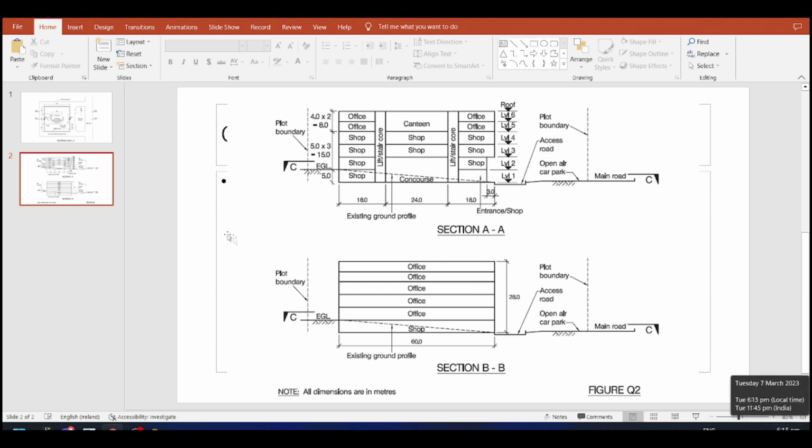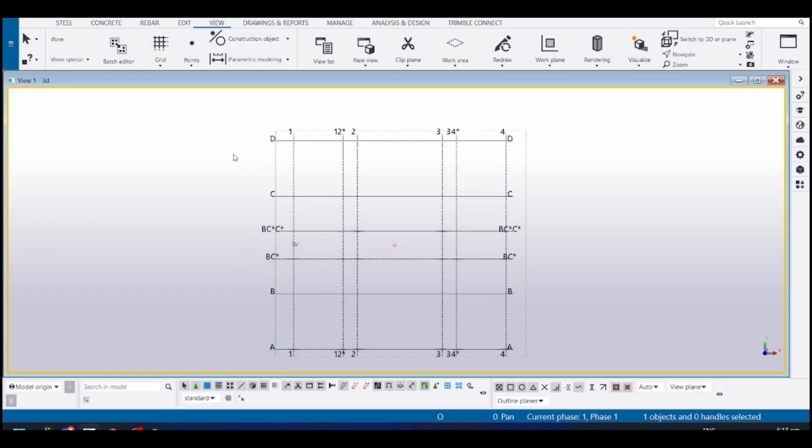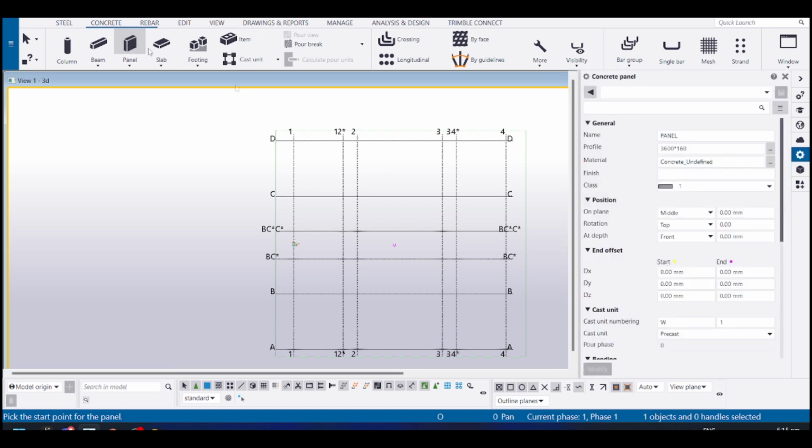model using Tekla and get this thing working then. So I just start with drawing walls around the perimeter of the building. So you go here, then you go to panel and then listed panel, and when you hit shift and enter, it will bring up the section properties here. Typically I want to draw it as